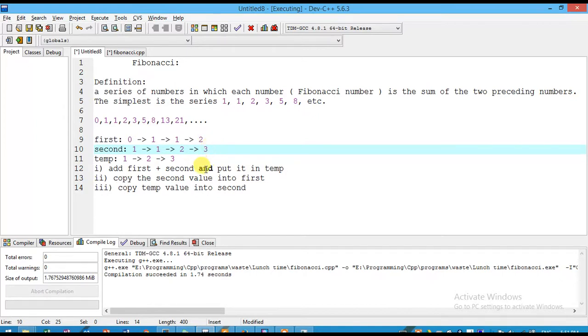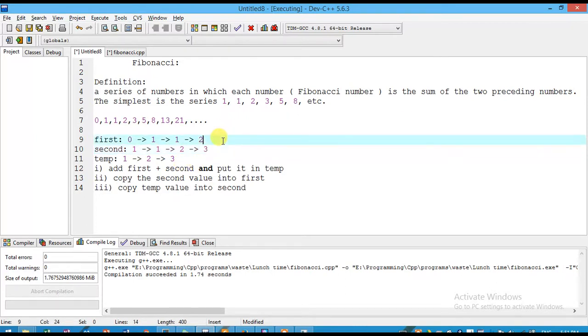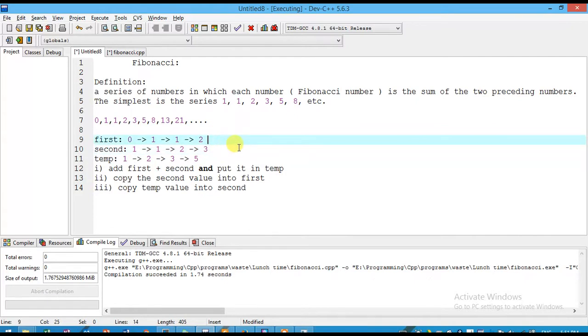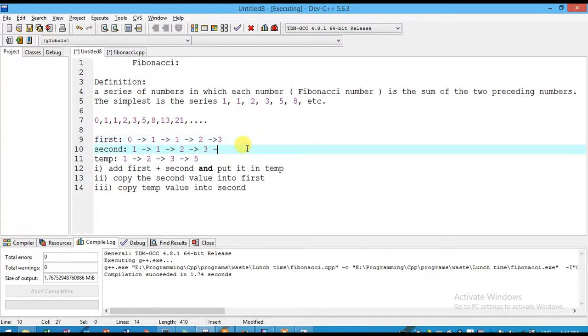Now I have to come to the first step again: add first and second and put it in temp. So the value will be 5. The next step is to copy the second value into the first, which will be 3 here.